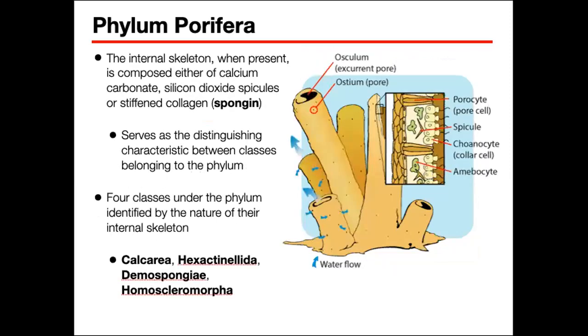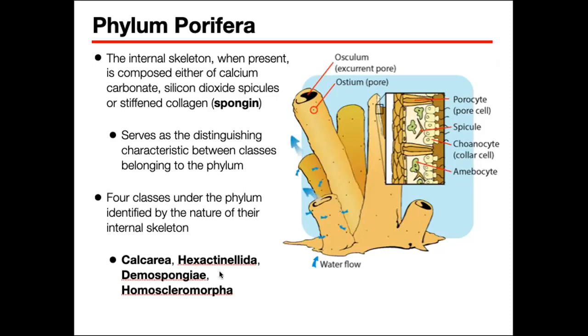Okay? And yung internal skeleton ng sponges, ang ginagamit to distinguish between classes. So meron tayong 4 classes under this phylum. We have Calcarea, Hexactinellida, Demospongiae, Homoscleromorpha. Yung Calcarea natin, from the word calca, no, has something to do with calcium, right? These are basically sponges with spicules. Spicules or yung kanyang internal skeleton that's made of calcium carbonate. Okay? It can be in the form of, say, calcite or aragonite. Okay? Both are actually forms of calcium carbonate.